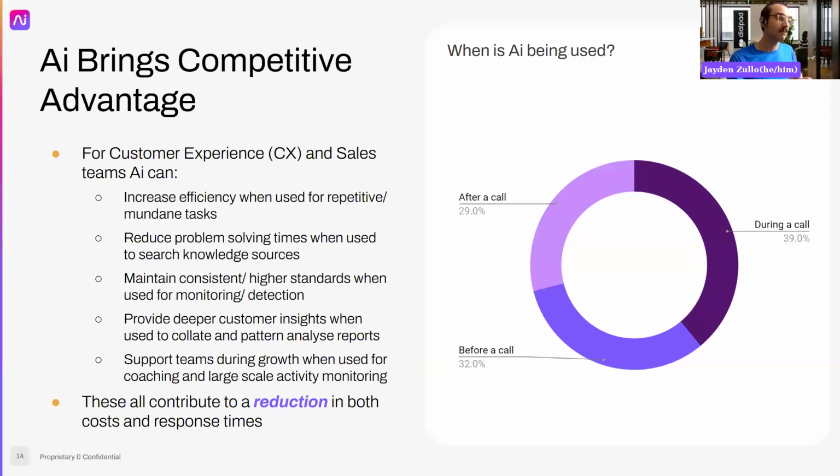But those who already have it deployed can still take some of the advice from here, go back to their tools and do some benchmarking. So here on the right-hand side, the question is, when is AI being used? As we saw, the companies surveyed were all using AI, and a lot of them were using AI for